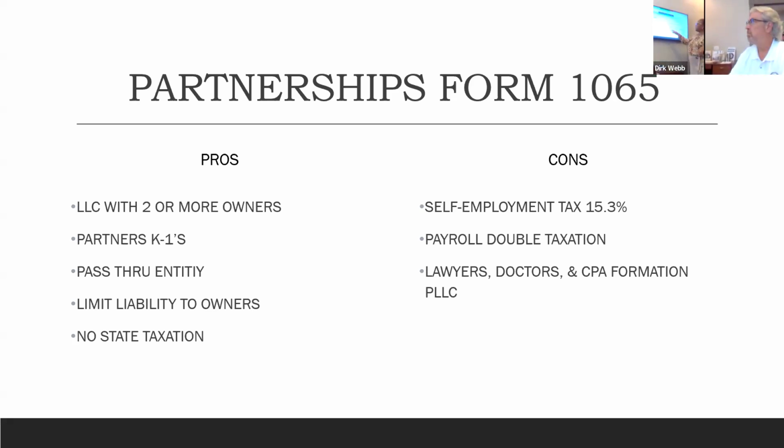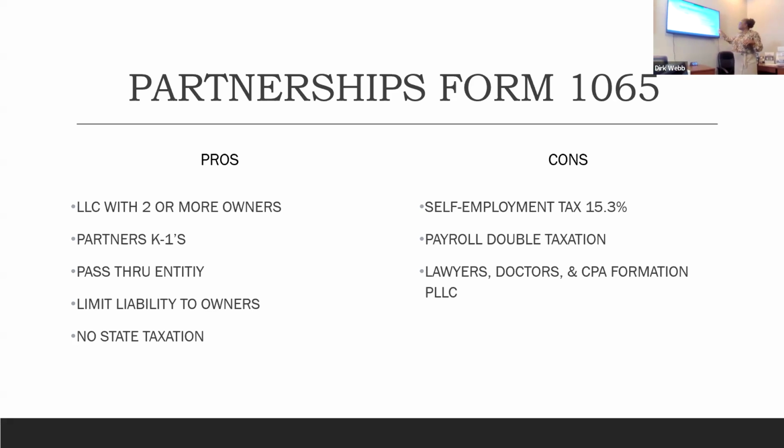By having this one, you do limit your liability to the owners, because if you get sued, you need to prove the partnership or the business income. You're giving them your partnership tax return, not your personal. So only what belongs to the partnership will be attached. And again, we live in the state of Florida. It's a pass-through entity, so because your profit passes to your personal tax return, individuals, we don't have state taxes, so that's a plus.